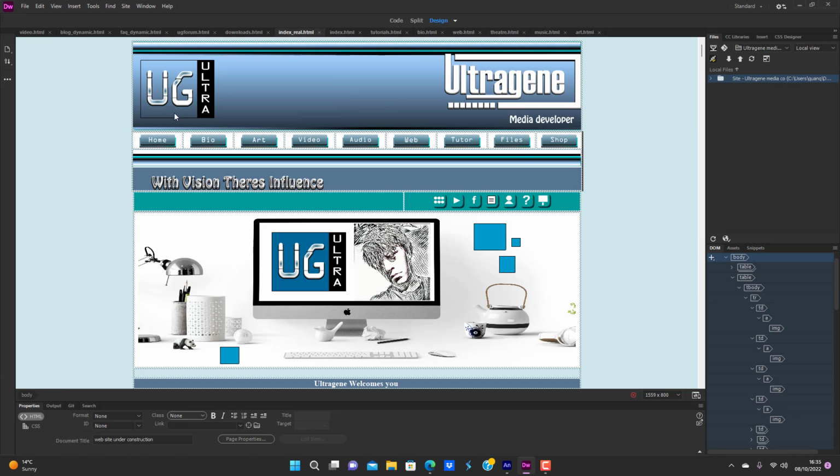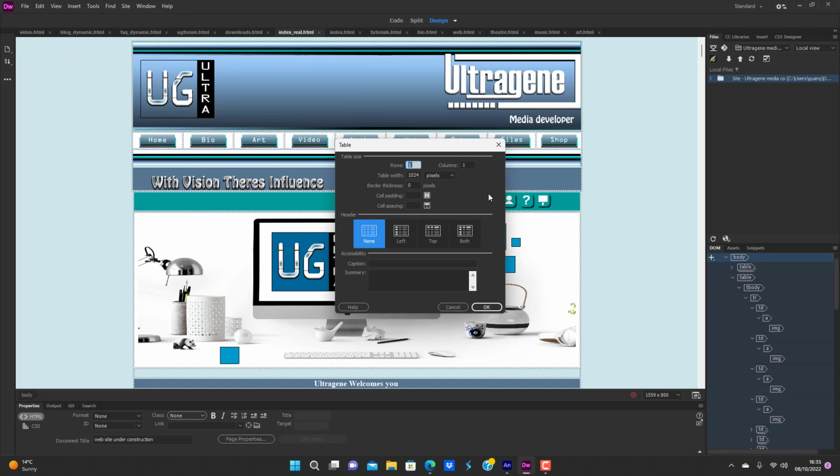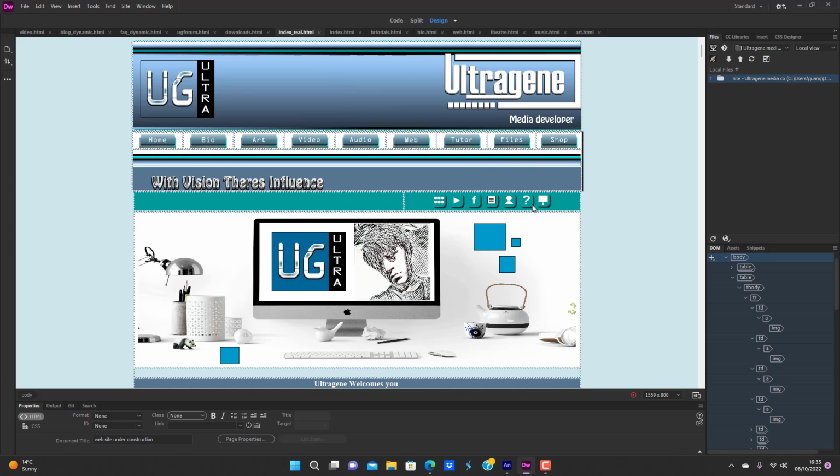These tables were added by just going to insert table, press table, it asks you for the rows, the columns, the width, the border thickness, etc. And there are many little features that make building websites a lot more speedy and a lot more productive if you're working. So really,